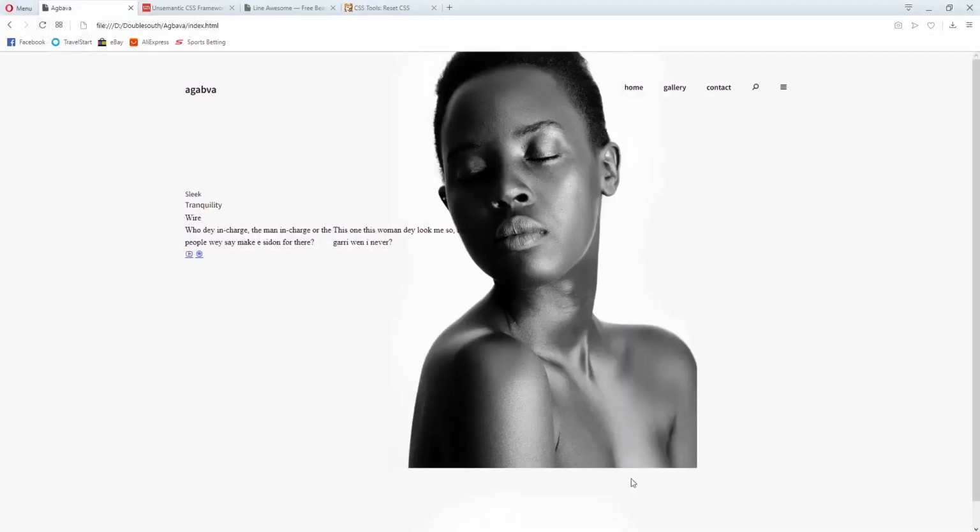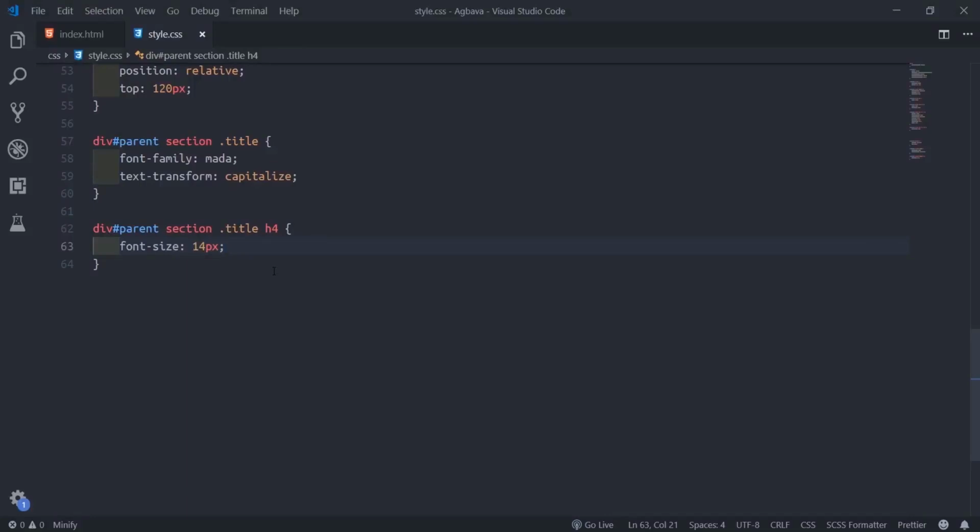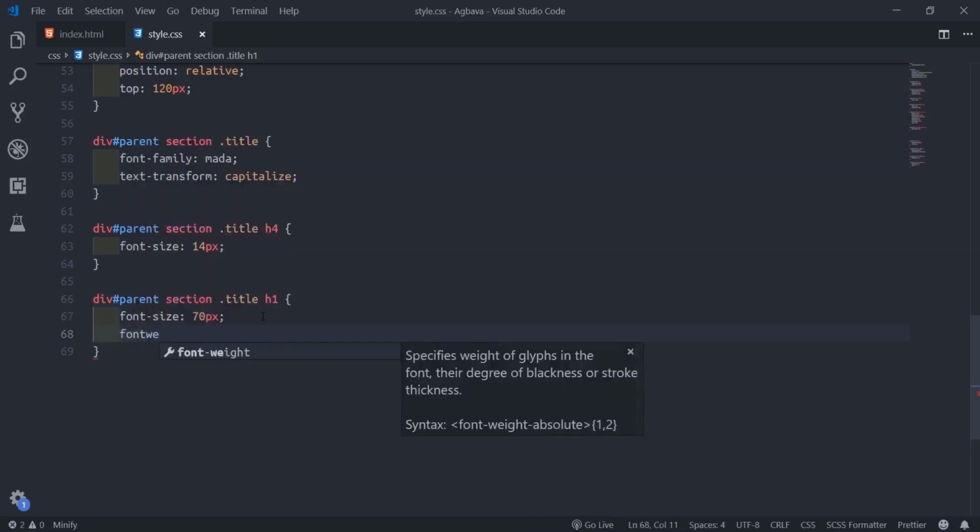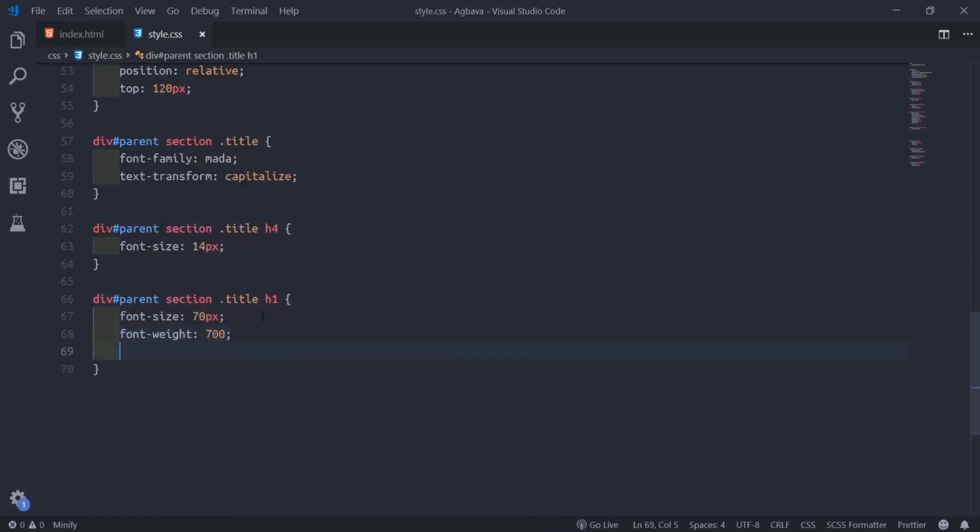Alright, I'll go back to my code and target the H1 inside the title. This time the H1 is too big, so we make the font size like 70 pixel. Then font weight, because I don't want it too thick, we'll put 700.